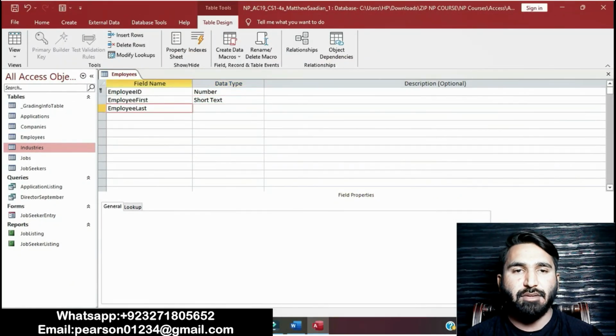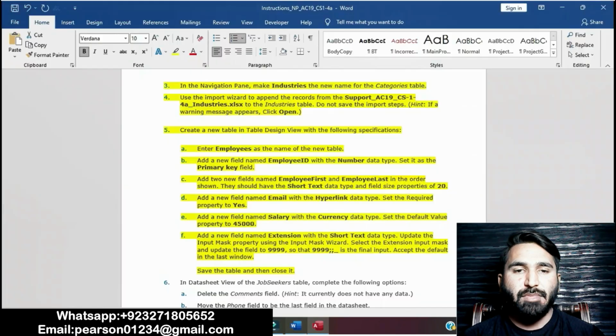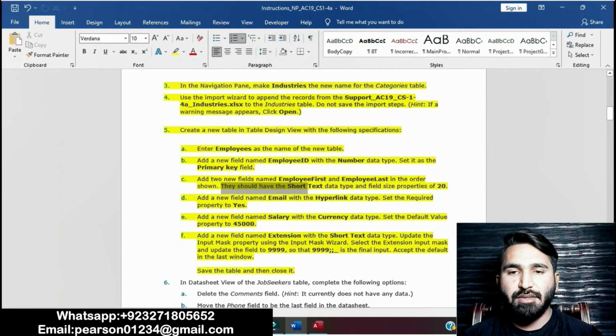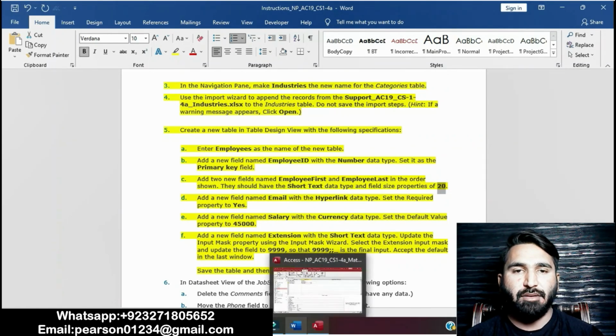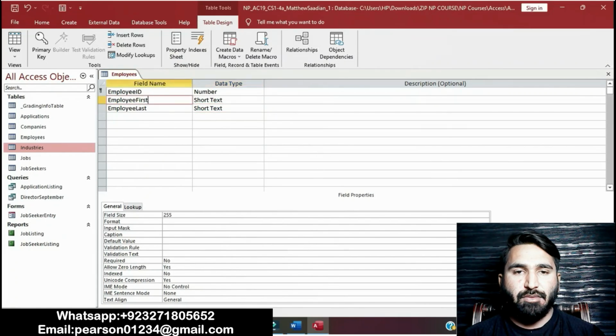They should have the short text data type and field size properties of 20. Laplace first is the first field, with the short text data type. Then the second field is Laplace last, also short text, with a field size of 20. We will enter 20.